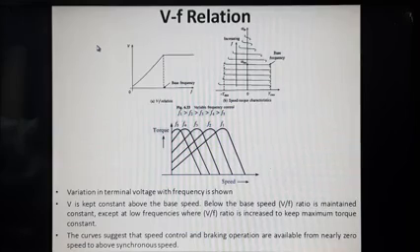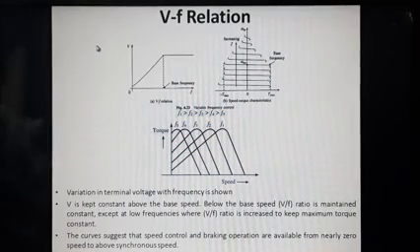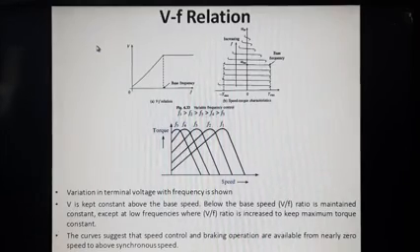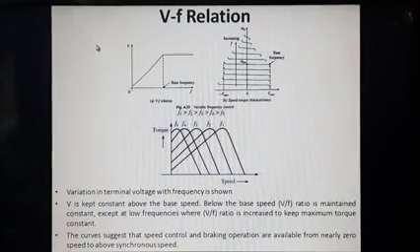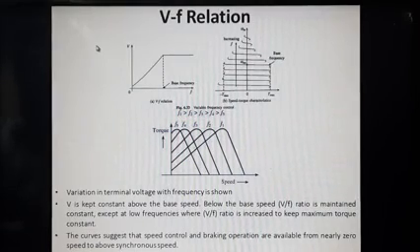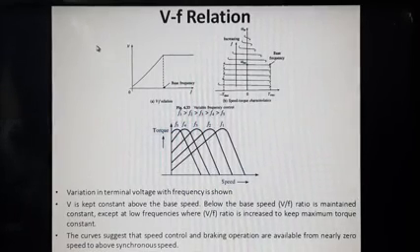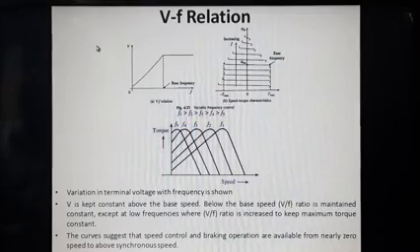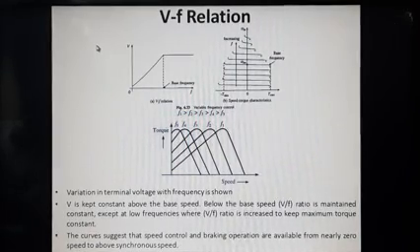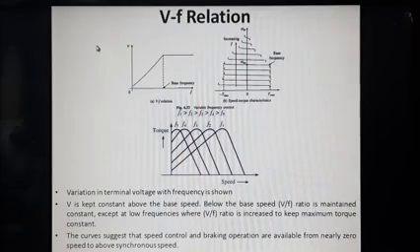So you might be getting a doubt why this constant V by F can't be maintained above base frequency also. The problem which is coming into picture above base frequency is, if you are trying to increase the frequency above base frequency, definitely you have to increase the voltage also in order to maintain V by F a constant. The voltage at the base frequency will be the rated voltage. If you are trying to increase the frequency above the base frequency, then definitely the voltage also has to be increased above the rated voltage, which is undesirable. Hence, only till the base frequency we will be increasing the voltage. Thereafter, after the base frequency, we will be retaining the voltage as the constant value.